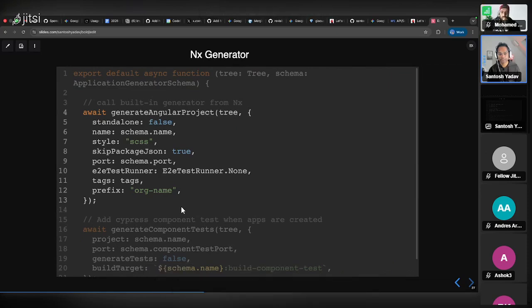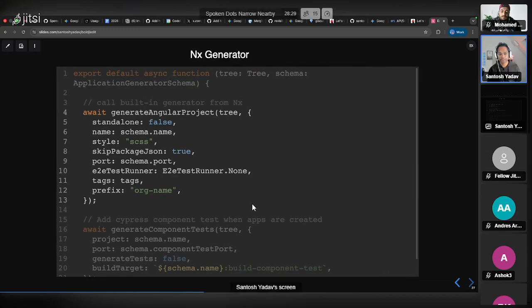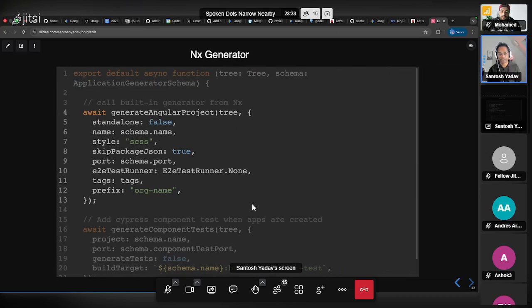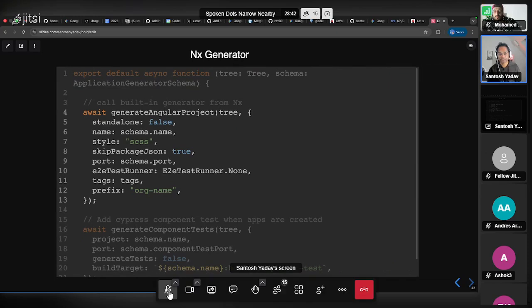For example, in this case, I'm saying, okay, rather than actually creating a new project, what I want is whenever a new project is created, I want the project to be created, and then I want component test to be added to this project by default. My developers don't need to do these multiple steps, and they don't need to worry about the configuration required to make them work. So what we can do is we can create a new NX generator. And when I talk about NX generator, it's just a command. For example, I'm sure many of you already know ng generate, right? So you can say ng generate, and for example, right now you might have seen app, you might have seen component, ng service. You can create something new, nx generate, and say, okay, my app, or whatever name you want to give, basically. And then that command